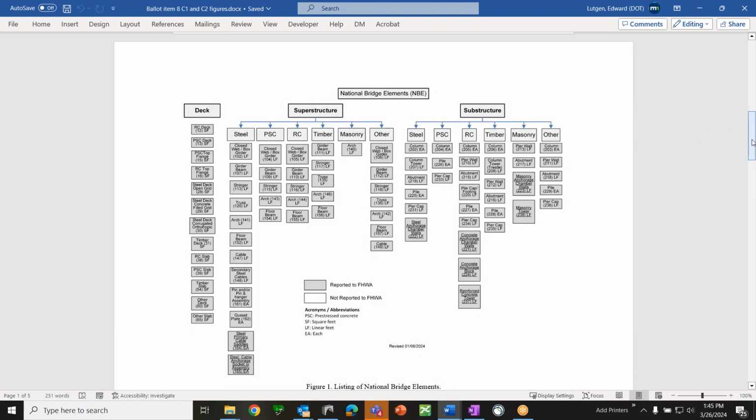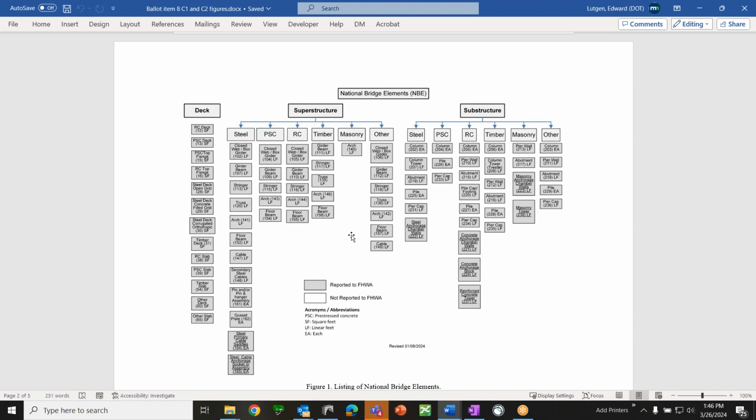And so as you can see here, this is a new table that we're adding, and anything that's underlined is things that we're adding. Like the steel primary cable, those new NBEs that we're adding are all going to be reportable. So all NBEs are reportable. Again, we worked with Federal Highway and they said they can accept them, but they weren't going to require them. But a lot of the states that had these big types of bridges actually wanted them reportable, because that way they wouldn't have to convert them into existing NBE elements, and it's better just to report them as